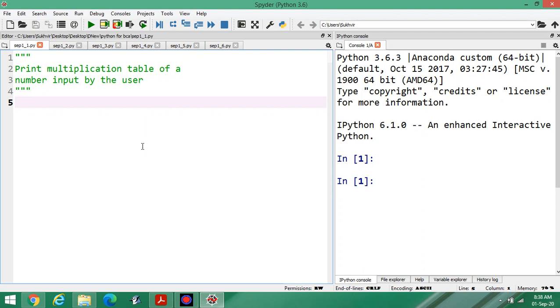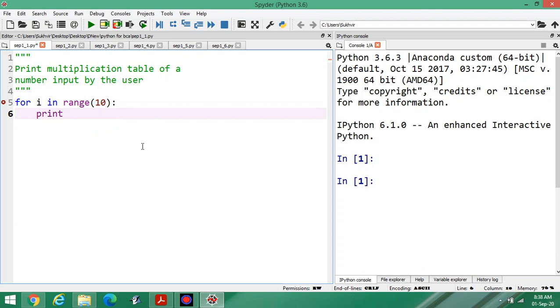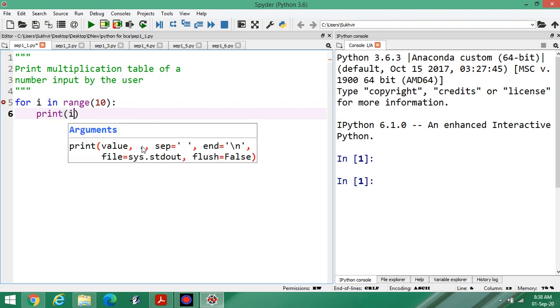First of all, to understand the multiplication table, let's understand the for loop. Suppose I am writing for i in range(10): print(i). What is the meaning of this?